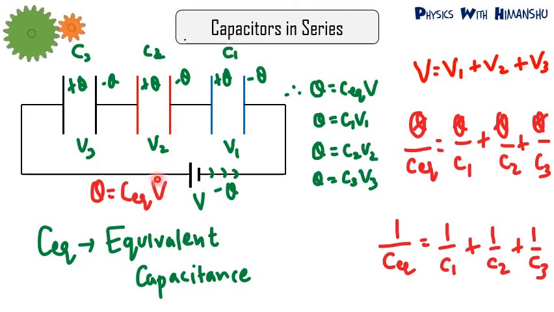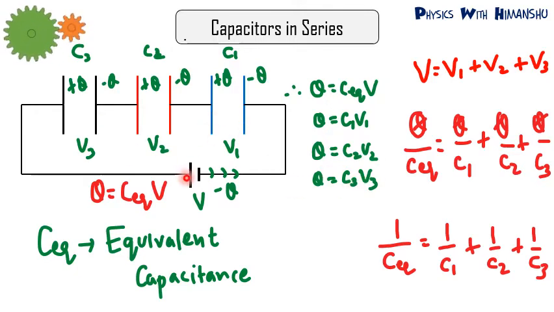So suppose the same figure, suppose equivalent capacitance of this circuit is C equivalent. So charge released by a battery will be Q equal to C equivalent into V. So V is basically potential difference due to battery, C equivalent is equivalent capacitance and Q is charge released by battery. So Q will be equal to C equivalent V. On this capacitor, if you see, charge is Q, capacitance is C1 and potential difference is V1. So Q will be C1 V1. Similarly for capacitor C2, Q will be C2 V2, and similarly for capacitor C3, Q will be C3 V3.